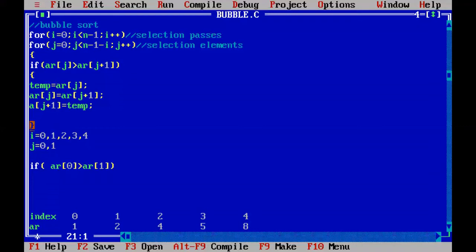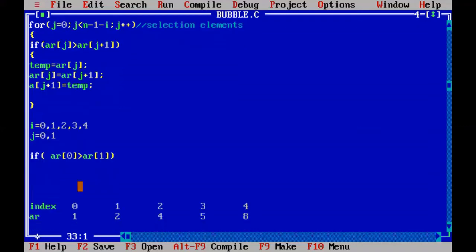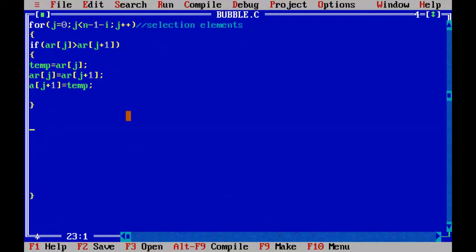After this process, all the elements in the array are sorted, in ascending order: 1 2 4 5 8. So when the outer loop is terminated and the controller comes out of all the for loops, by that time all the elements are sorted.